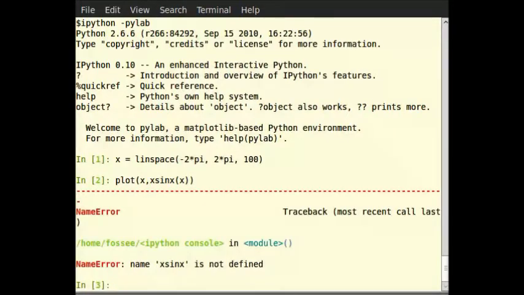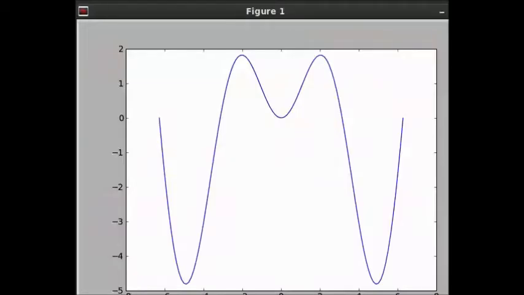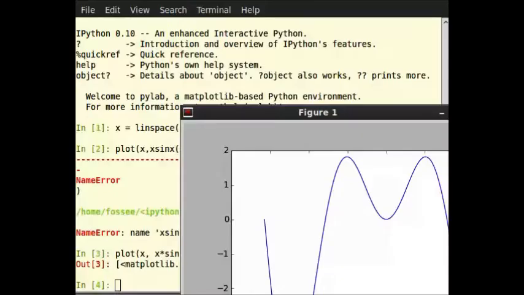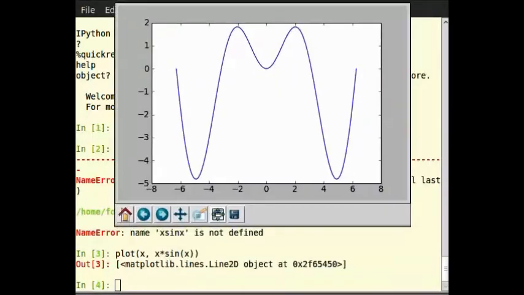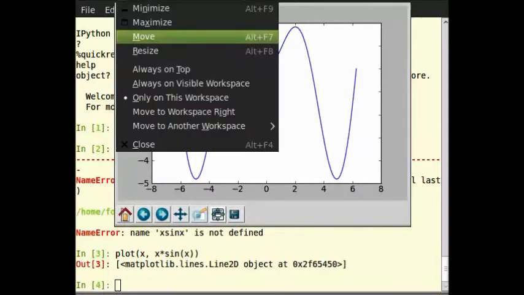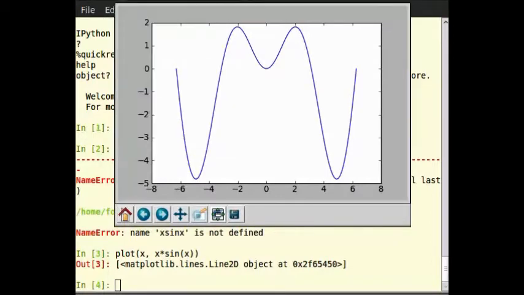We got an error saying x sin x is not defined. This is because x sin of x is actually x * sin(x). So for that we have to type on the terminal plot(x, x*sin(x)), then plot(x, sin(x)),